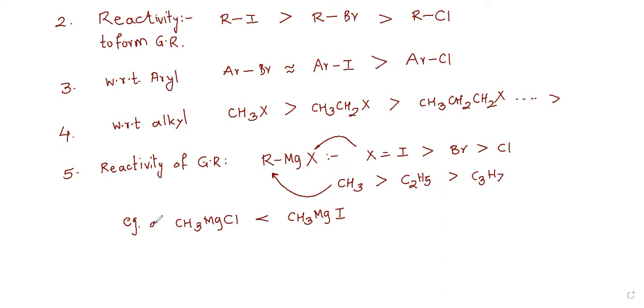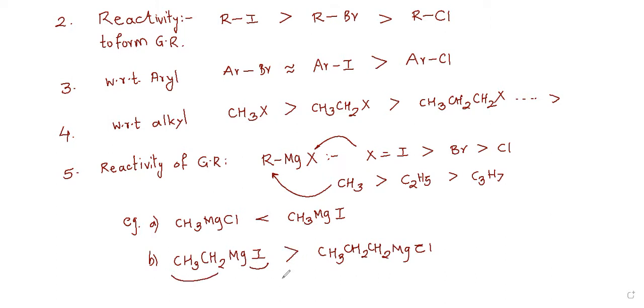If I compare another example, like CH3CH2MgI and CH3CH2CH2MgCl, can you think which of these two will be more reactive? Yes, there are two reasons. One, there is iodine. Second reason, the chain of carbon atoms is smaller. Correct? So, this is all with respect to reactivity. You get MCQs with these kinds of questions, reactivity orders. Those who want to take a screenshot, you can take it.